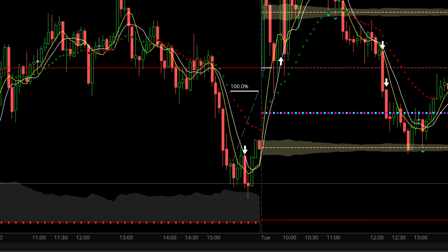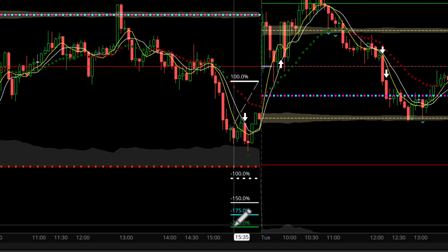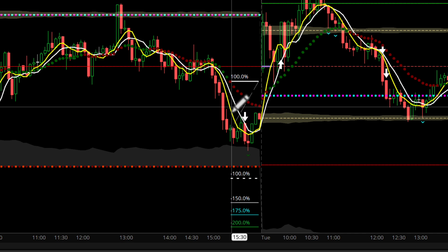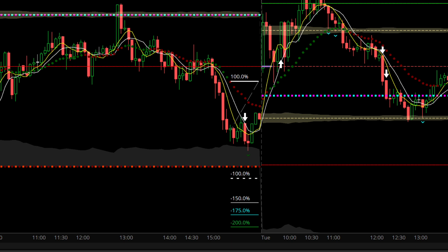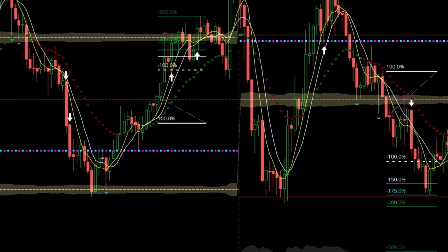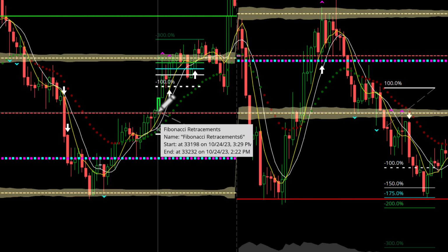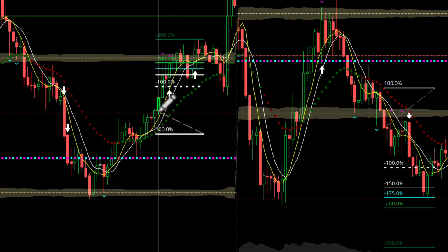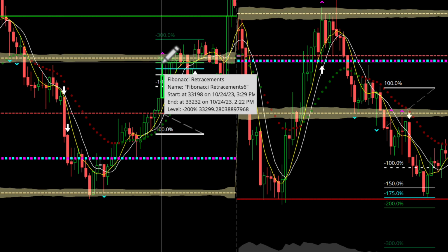You know, well, where's your support? Your support is here, and if you look down here is your 1-to-1. You'd have to get all the way down here before you're making double your risk on this particular trade. So you can see how useful this tool is at evaluating your risk reward. It's really what this is showing you here. I hope that's not being missed by you guys, and I hope you understand that the tool that I'm showing you is a tool that helps you understand how to evaluate your risk for a given trade entry, okay, like this one here. Okay, and where you might be able to get at least 2 times your risk for a